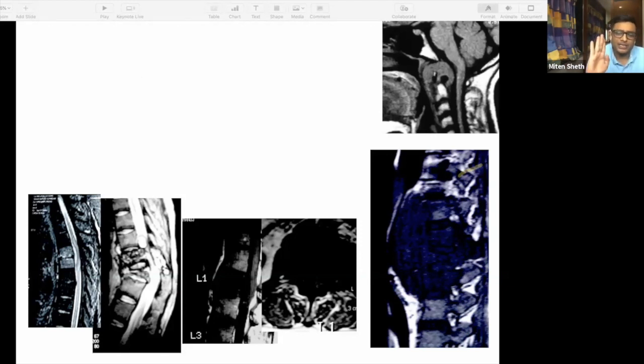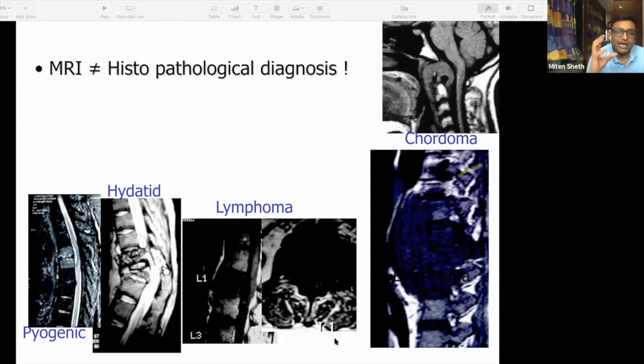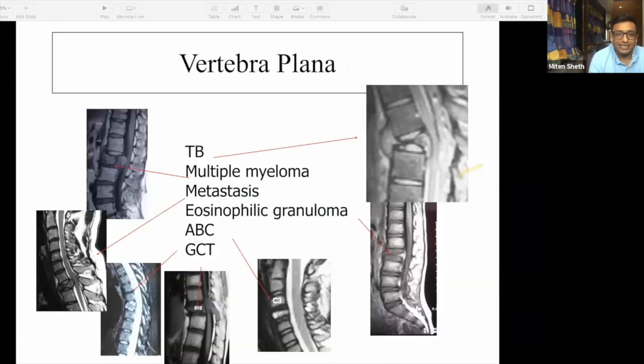Okay, and pus is best appreciated in the T2 weighted image, and sometimes if it is early stage, then STIR will pick it up. Now this is again a section of MRI showing multiple disc vertebral issues. But these are not TB. Sometimes something that looks like TB on an MRI might not be TB, because to diagnose a pathological condition, you need histopathological confirmation. So if you see something like this on an MRI, don't just jump to say it is TB. It could be other things also which you should know about. Okay. So that is important.